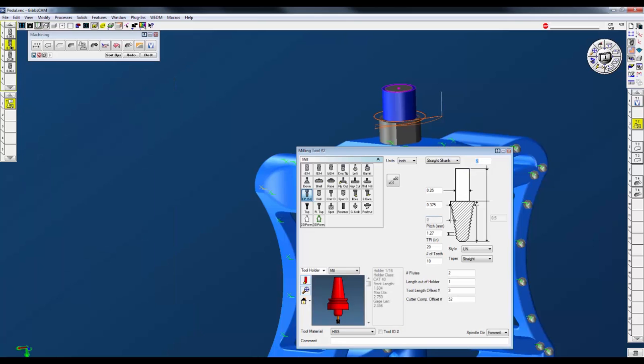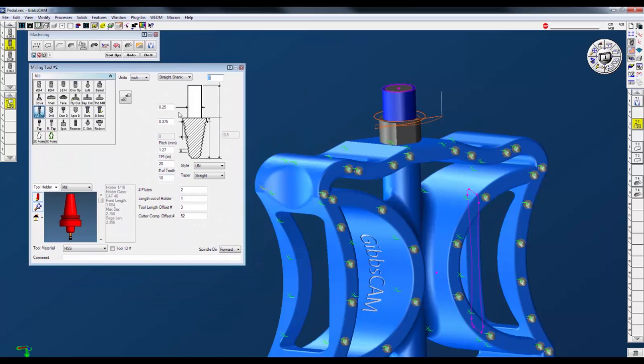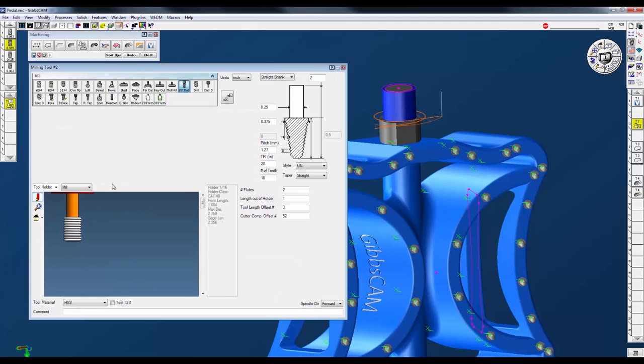This is really important. Now when we define tools, we've added this full profile or multi-tooth thread mill as an option. So if I come here, I can zoom in. Let me zoom in down here. Let me make this a little bit bigger. So for those of you that don't know, you can